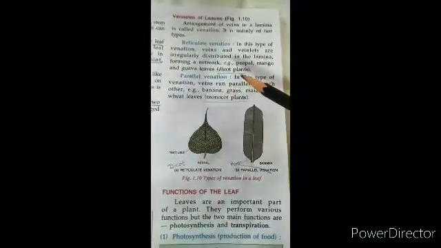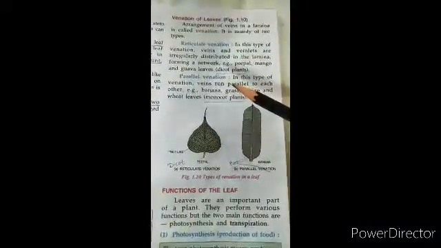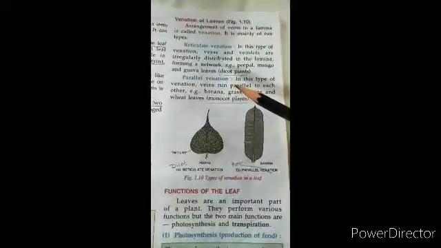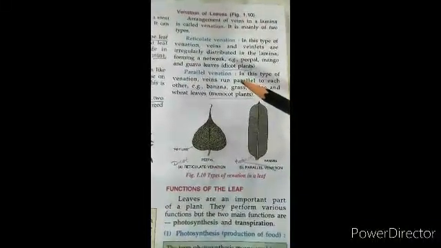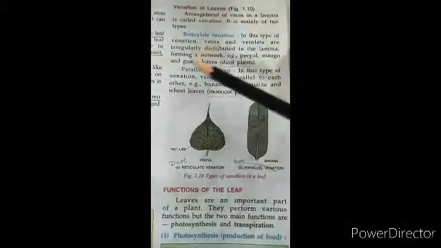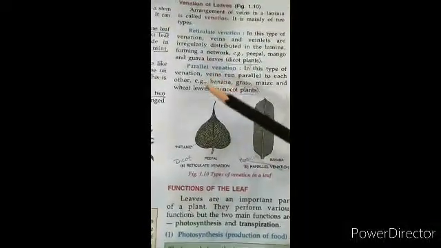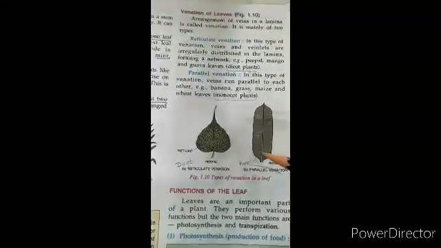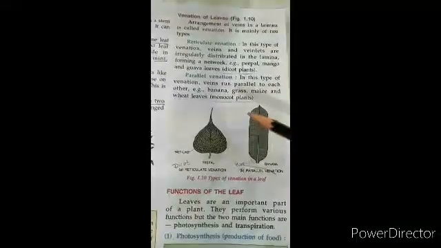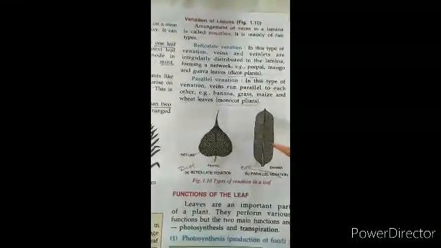Dicots, which I already told you, means it has 2 cotyledons that form the early leaves for a seed that germinates. So then we come to parallel venation. The second one is parallel venation. As you can see here, this is the midrib, but all the veins that are coming out are parallel to each other. They're just straight lines, parallel to each other.